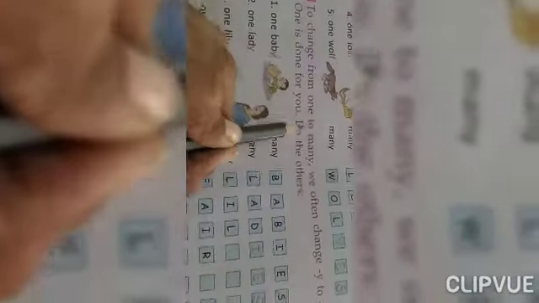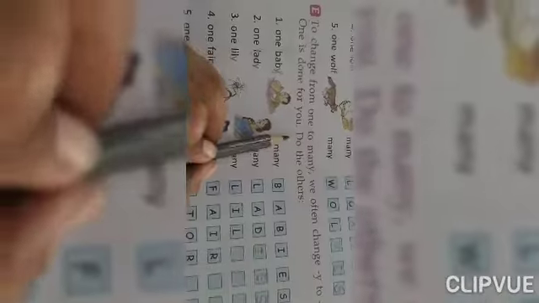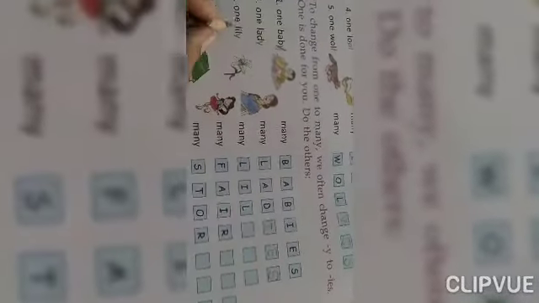Exercise E says to change from one to many, we often change y to ies. One is done for you. See, when it is one baby, we say only baby. Okay? But when there are many babies, it is babies. Y is removed and ies is added. Lady, ladies. Now one lily.